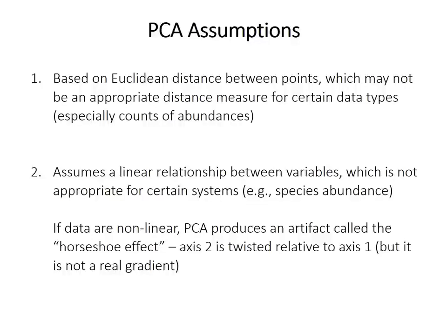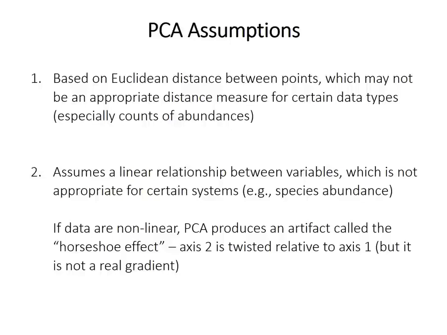So if you have counts of the abundance of species, or rock types, or minerals, or whatever, counts are not good for PCA generally. And second, the use of either covariance or correlation both assume that there's a linear relationship between the variables, which is again not necessarily appropriate for certain systems. Again, counts of abundance, particularly of species, is an example